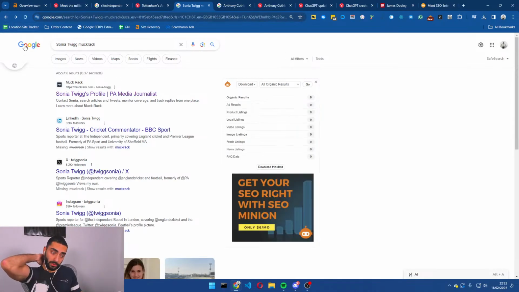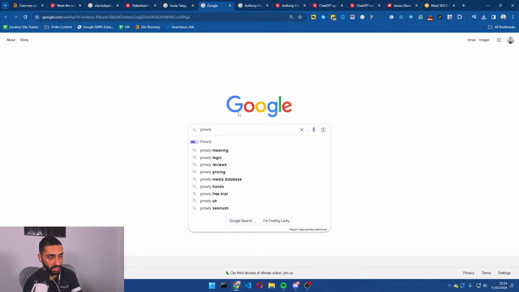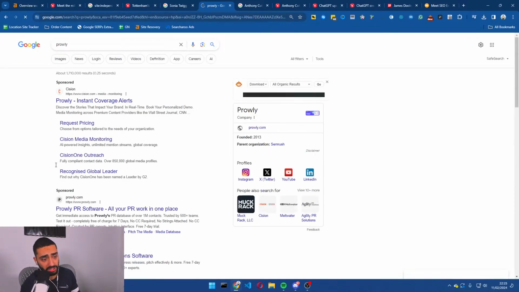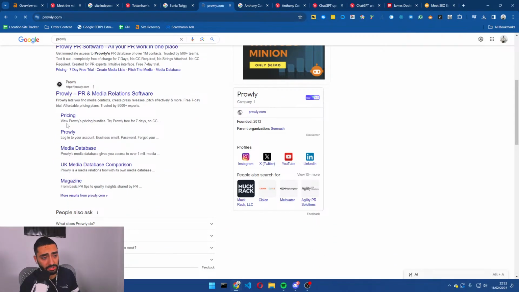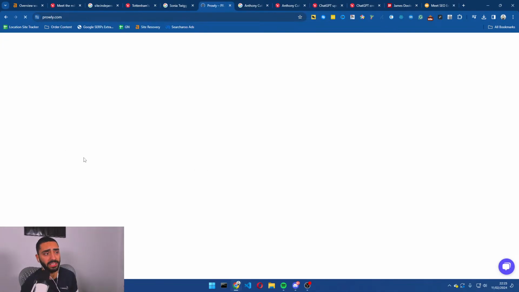This is a little bit of a manual process, but you do obviously have tools, and these are paid tools such as Prowly. With Prowly, you can essentially search the database. I believe they also have a 7 or 10 day free trial if you did want to test it out before you actually purchase.